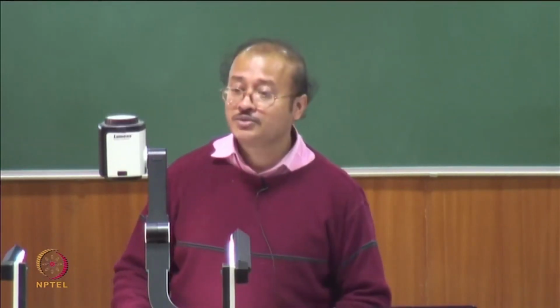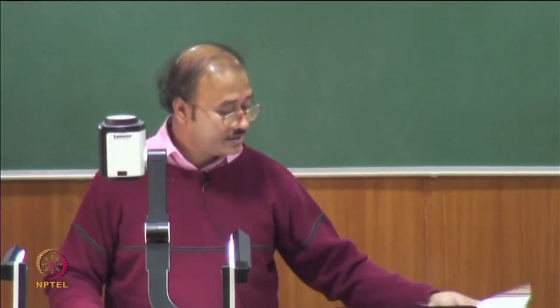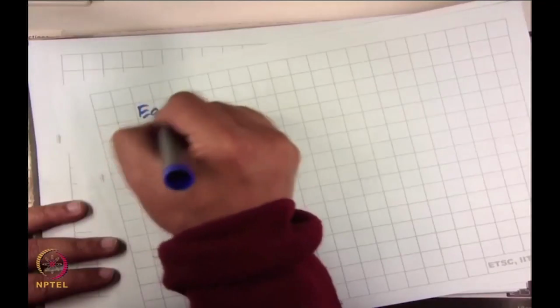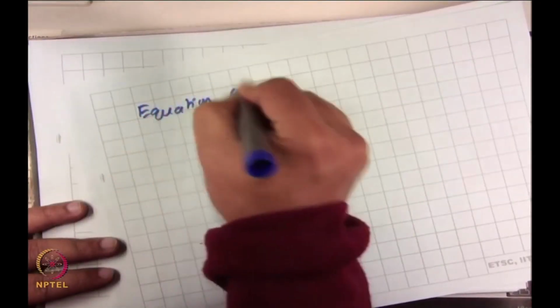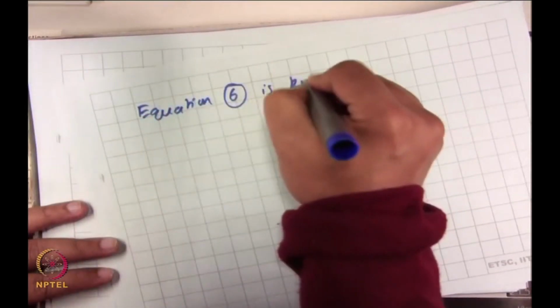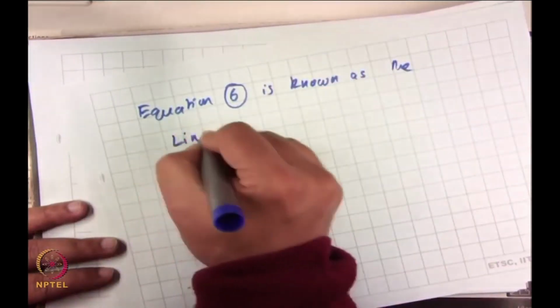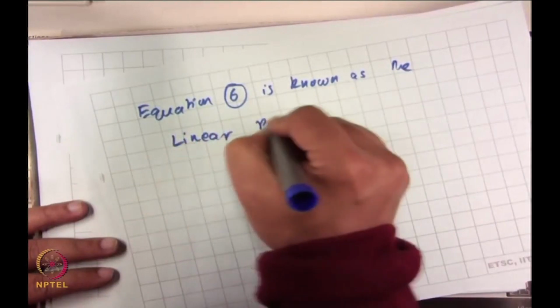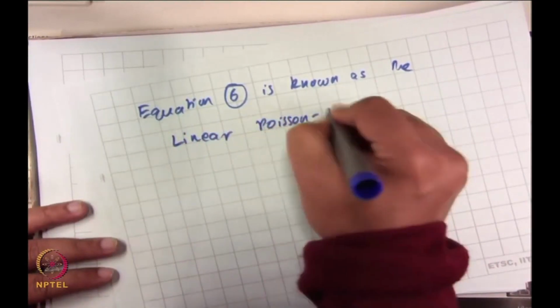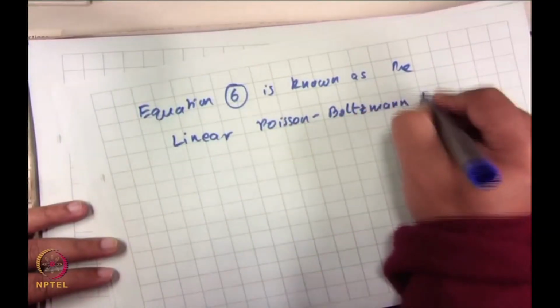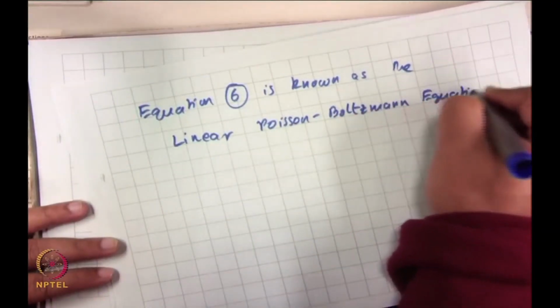Hence, this equation, equation 6, is known as the linear Poisson Boltzmann equation,